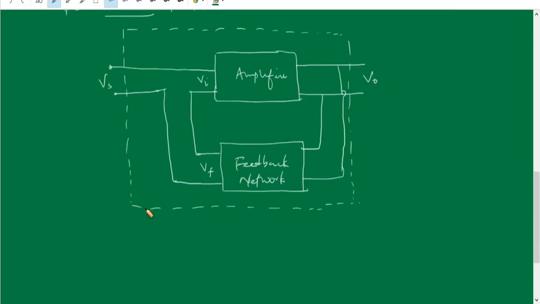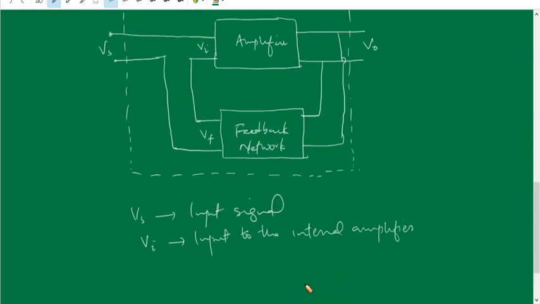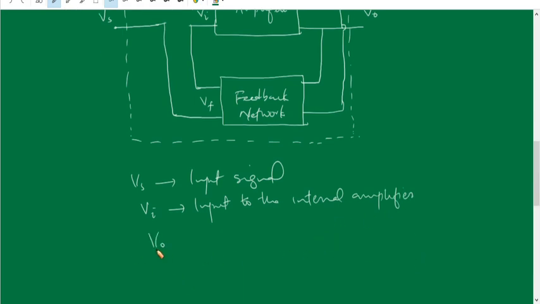Okay, so again, Vs is the input signal, Vi is the input to the internal amplifier, Vo is the output of the amplifier,